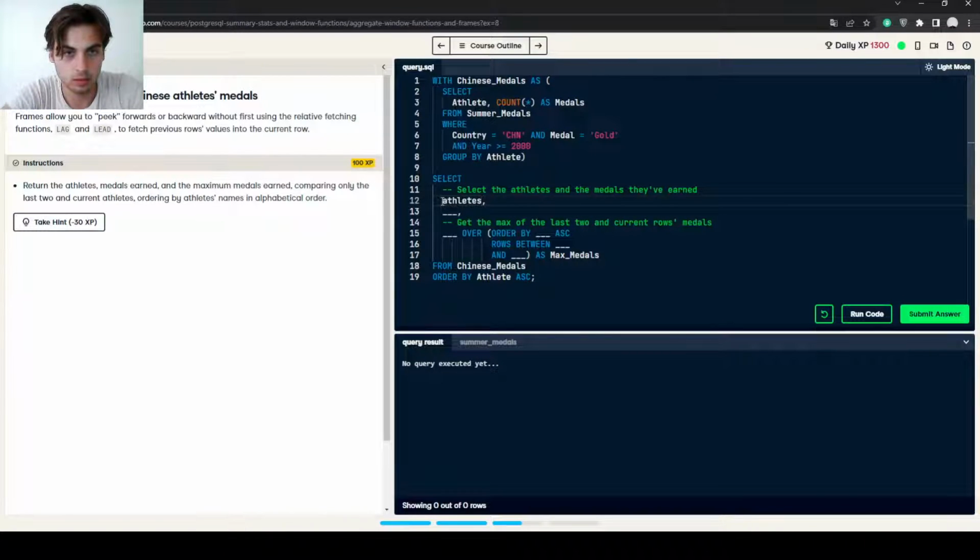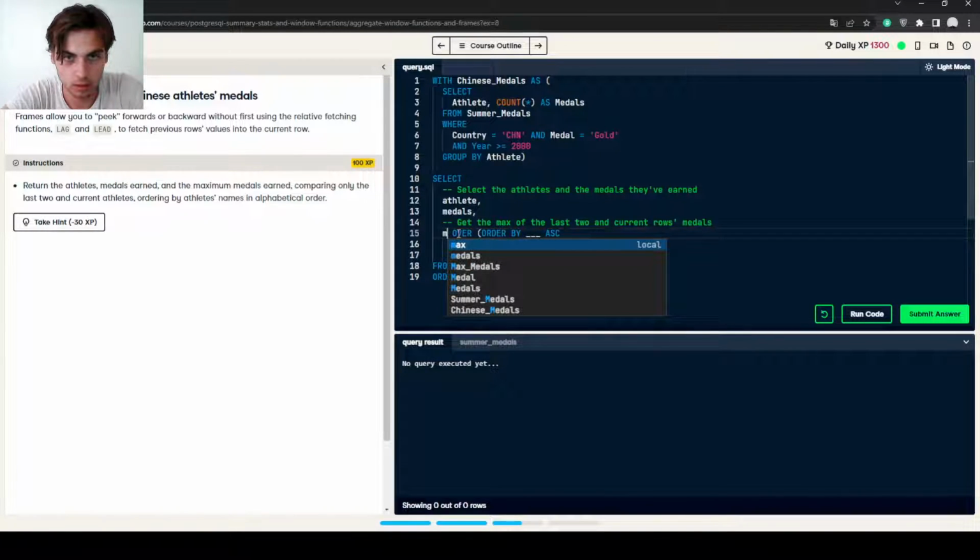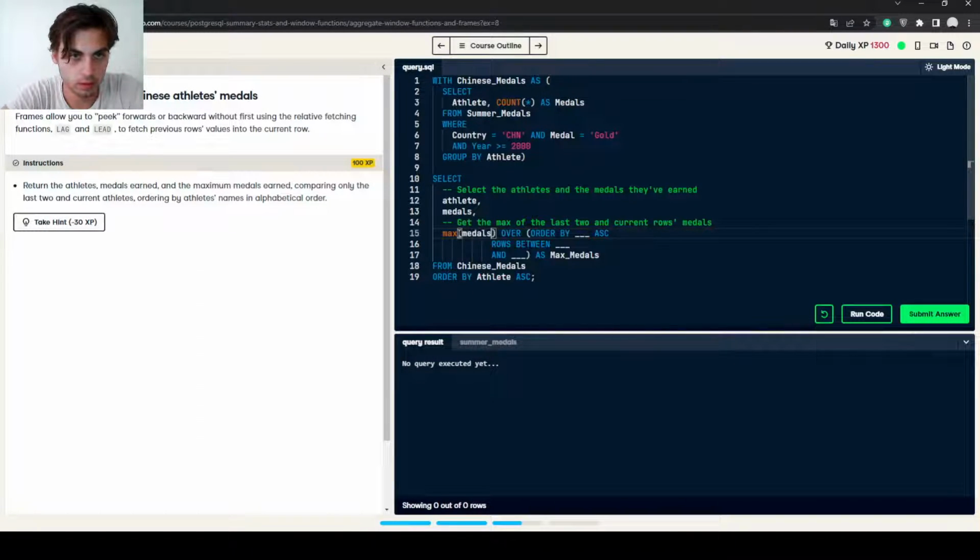Athletes, medals, max, medals, comparing only the last two and athlete, between two